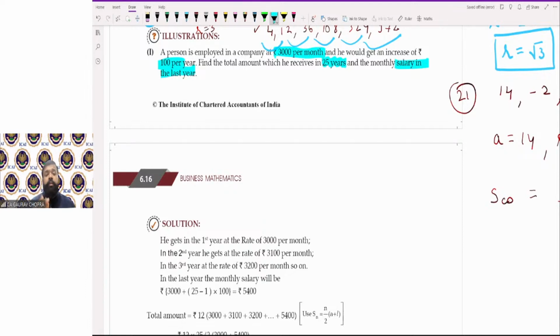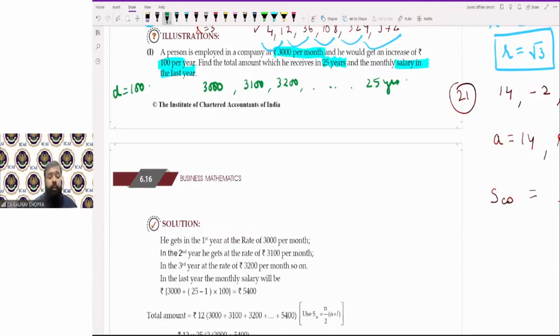ओके, तो सी, अभी आपको सब कुछ मंथली दे रखा है, तो फर्स्ट ईयर में मंथली सैलरी 3000 है, सेकेंड ईयर में 3100, 3200 एंड सो ऑन। टोटल नंबर ऑफ ईयर्स आपके पास कितने हैं, 25 years। अब इसको यहाँ पे आपको देख के बताना है क्या यहाँ पे जीपी अप्लाई हो रहा है या नहीं, whether it is a GP or not. सो क्लियरली इट इज एन एपी, यहाँ जीपी नहीं है बिकॉज देर इज नो कॉमन रेशियो बट देर इज द कॉमन डिफरेंस। तो यहाँ पे कॉमन डिफरेंस है, ₹100 का डिफरेंस है।